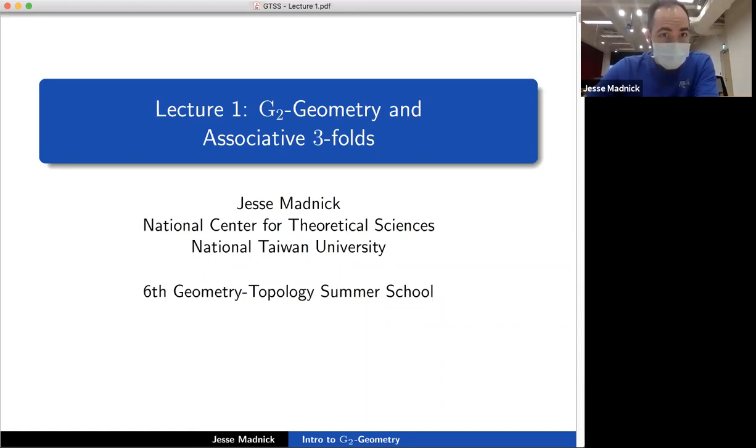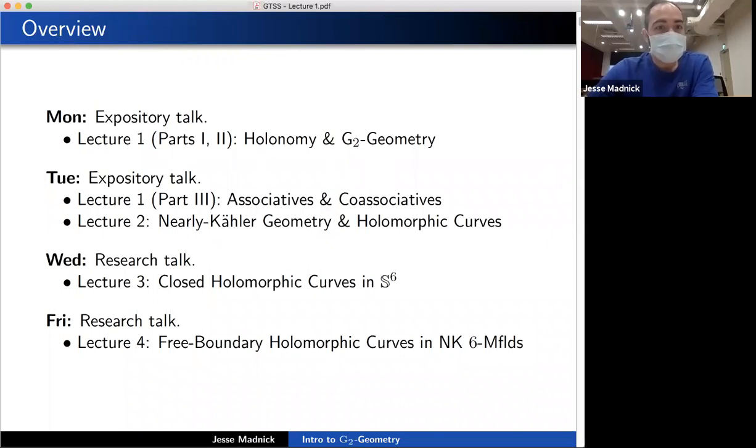So, right, let me give an overview of what I'm going to be talking about in these 4 lectures. The first 2 will be completely expository. So if you are an expert in G2 geometry or nearly Kähler geometry, and you know all this, then maybe Monday and Tuesday's talks will not be that interesting to you. You can go to sleep. But this is all background for Wednesday and Friday, where I'll talk about some recent work that I've done on closed holomorphic curves in the 6th sphere, and also some free boundary holomorphic curves more generally in